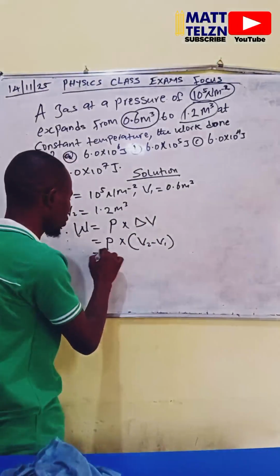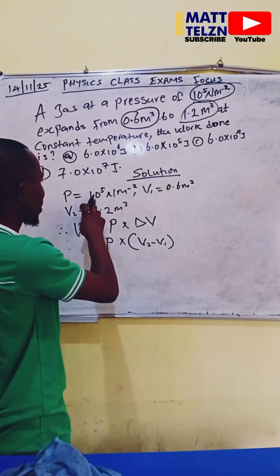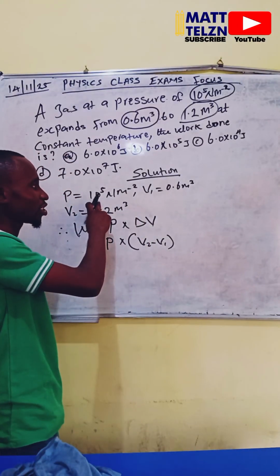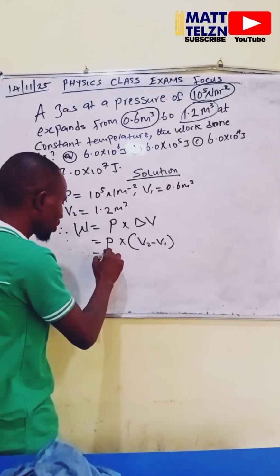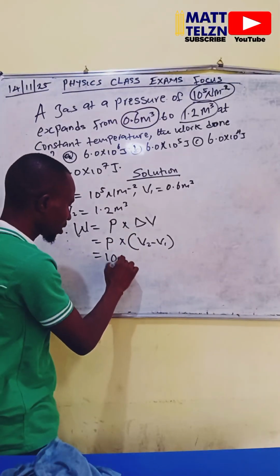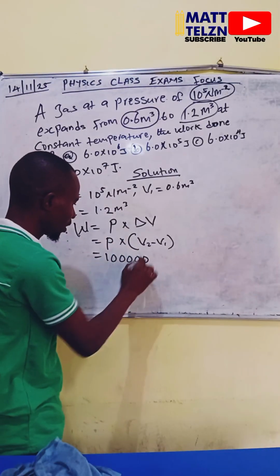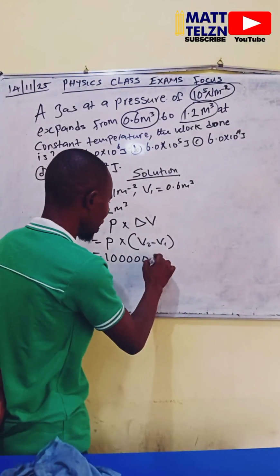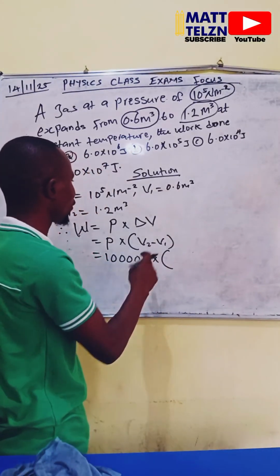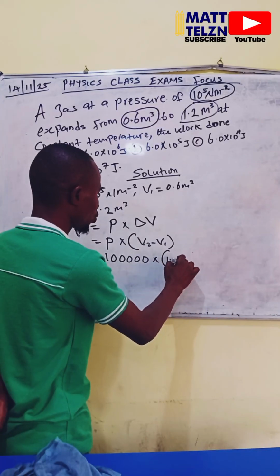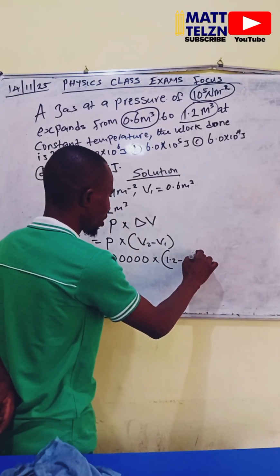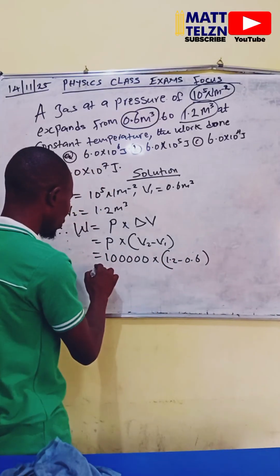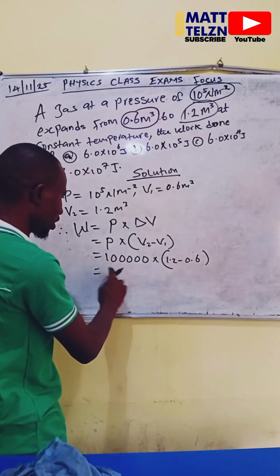So let's substitute our values and see. My P here is 10 exponential 5, right? Which is the same thing as 100,000, right? Good. Times change in my volume now. I have 1.2 minus 0.6. Good. So what I'm going to have there is this